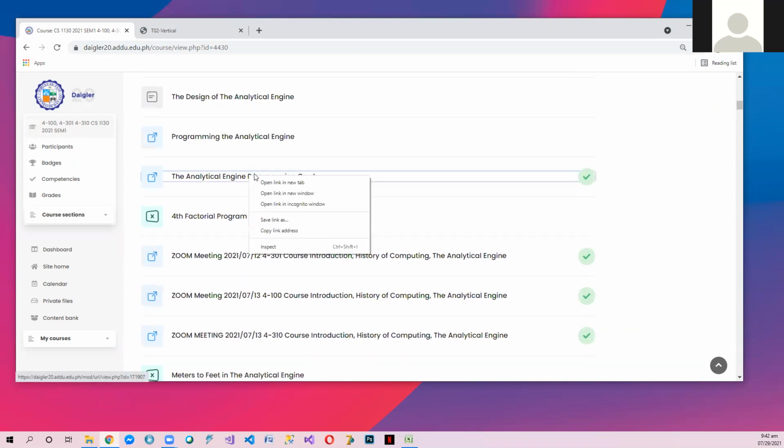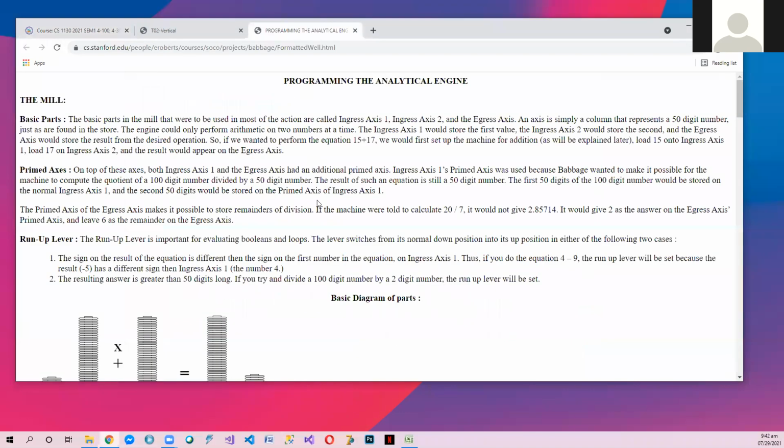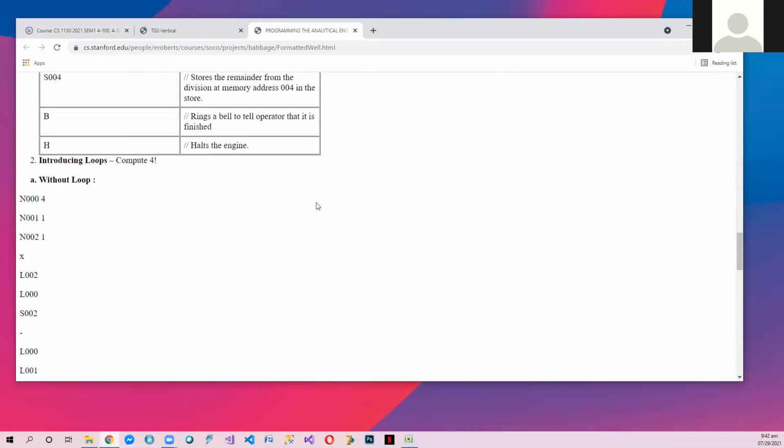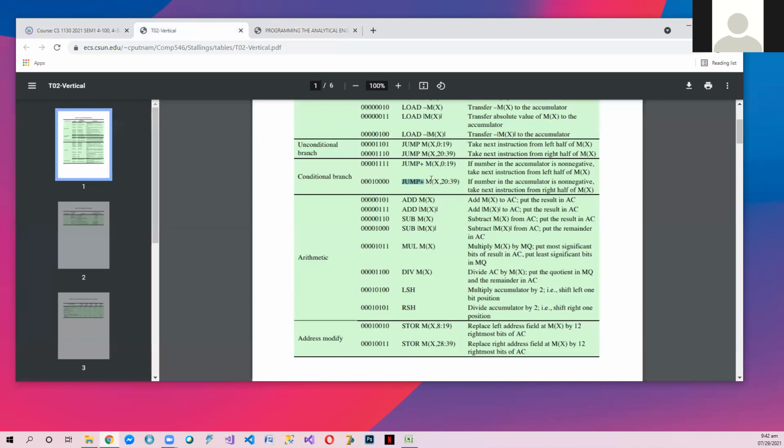I think it's this. So in the analytical engine, when we say, okay, 1 minus 1 will not set the lever. Okay, 1 minus 1 is 0, it will not set. So 1 minus 1 works in the analytical engine, but it will not work